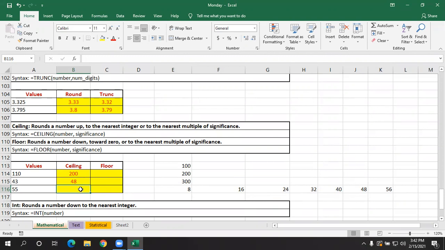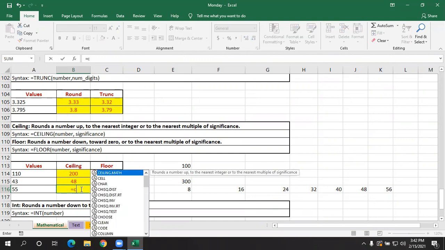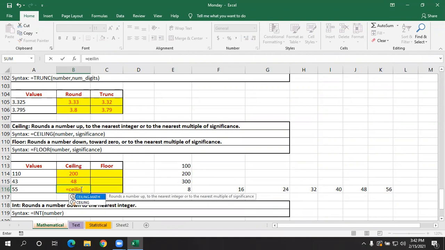Similarly, I'll do it for 55, and here I'll be rounding up for multiples of 10. Equals ceiling. 55 is the number, comma, I'm going to give a significance of 10.